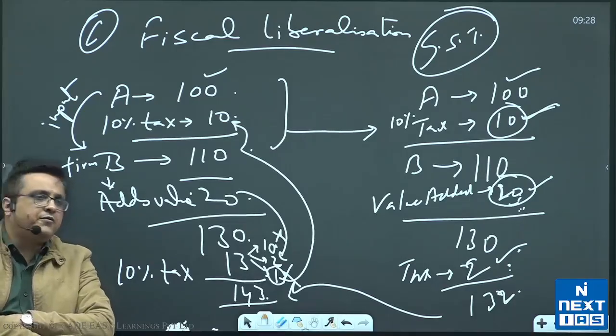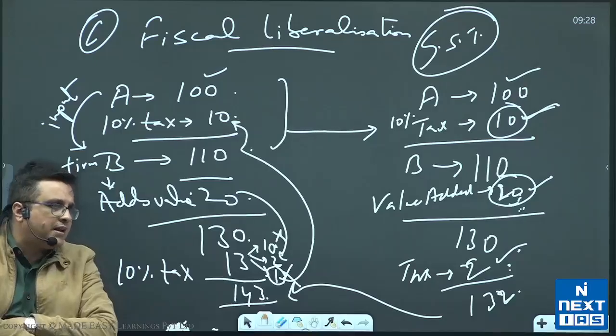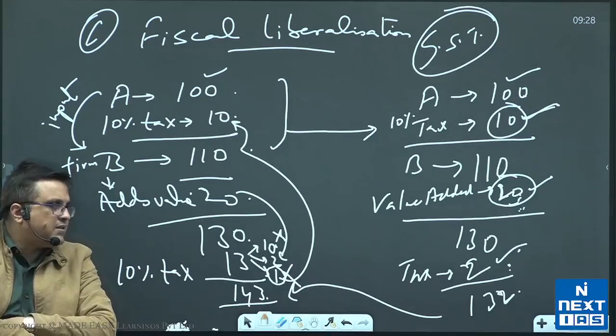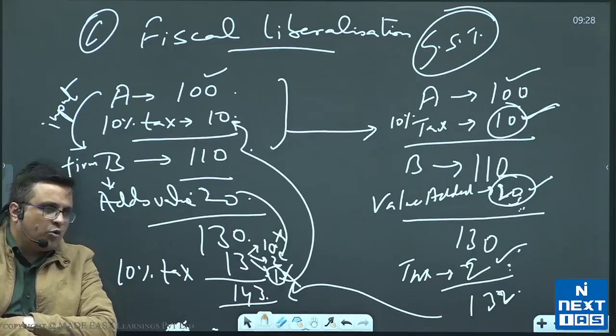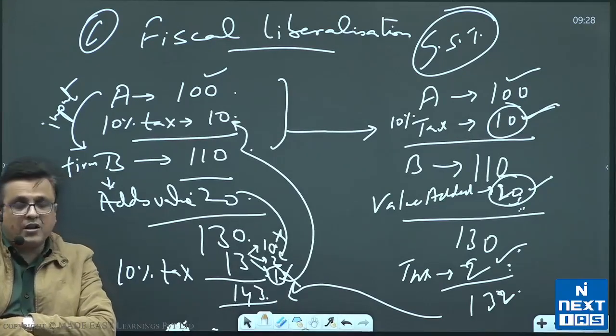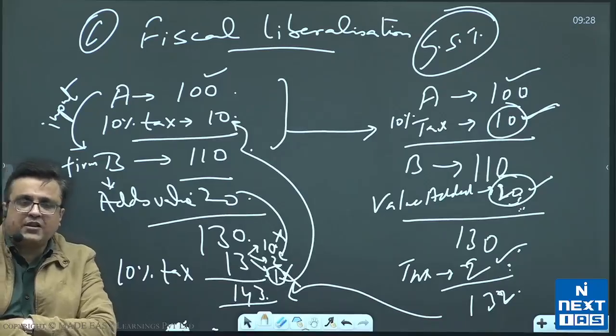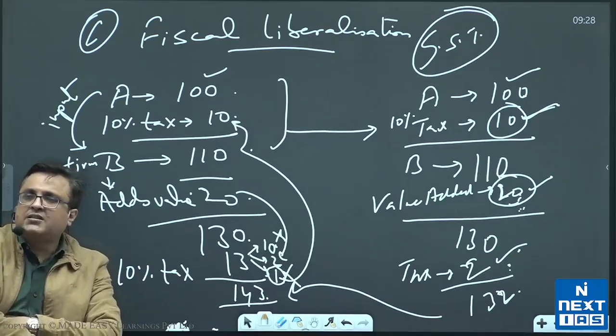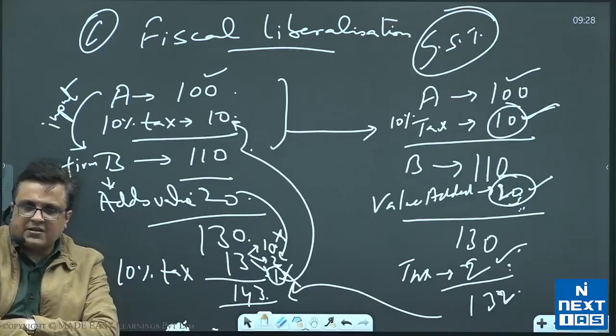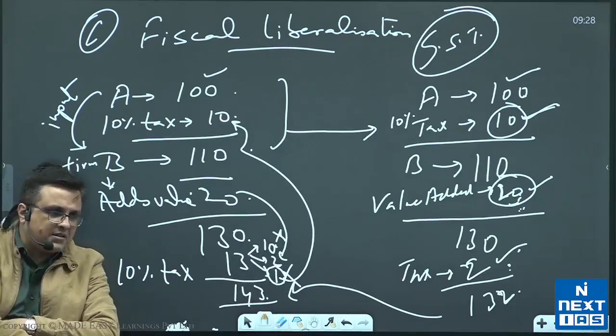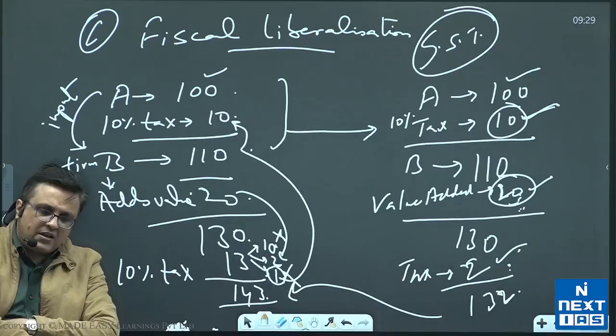Why? Because remember, if a software is assessing my tax value, then it means that it's not in the hand or discretion of an individual to assess how much tax have I paid or not paid. All right. Similarly, if there is no interaction between the taxpayer and the tax assessee, chances of corruption, bribery, etc. start becoming lesser. It doesn't get eradicated, but becomes lesser. Then you write another one.